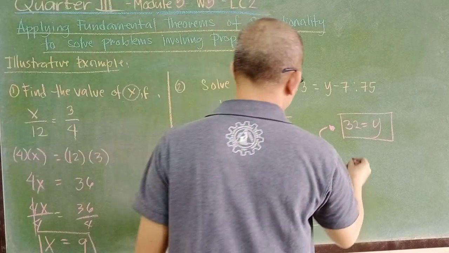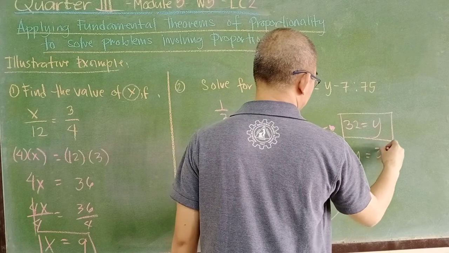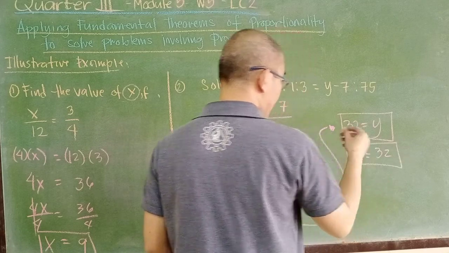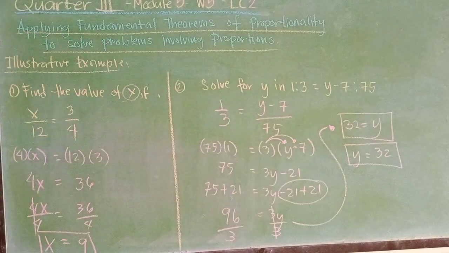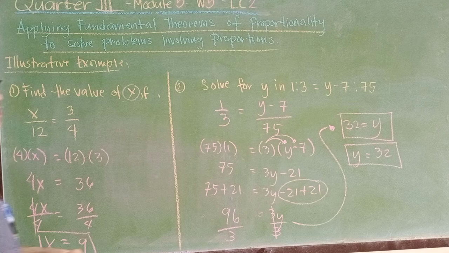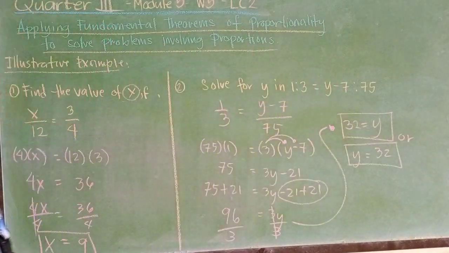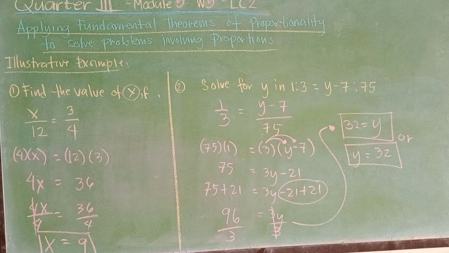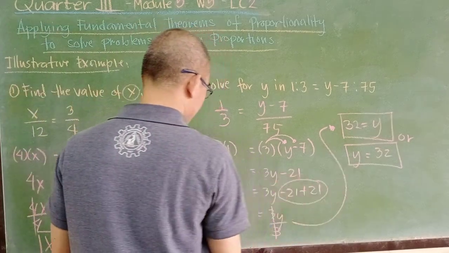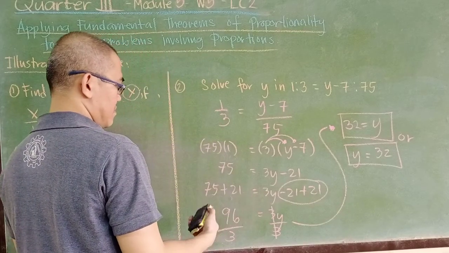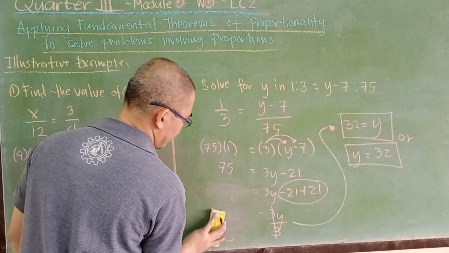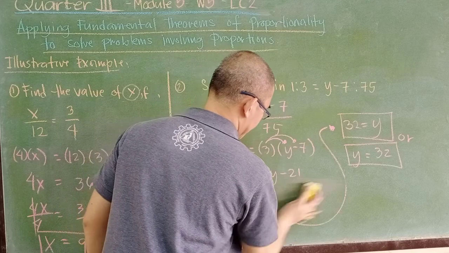Pwede mo din isulat as. Pero pareho lang sila. Or, 32 is equal to y, or y is equal to 32. Now, dito sa may part na to, para mas kaunti yung solution, o mas maiksi,